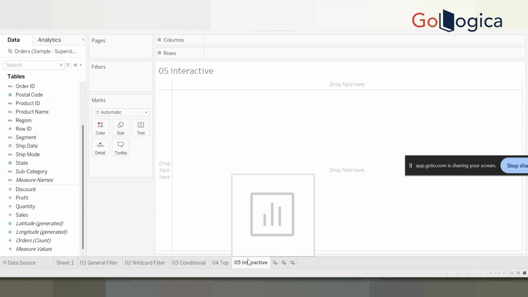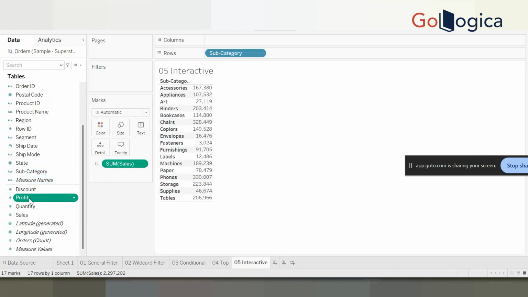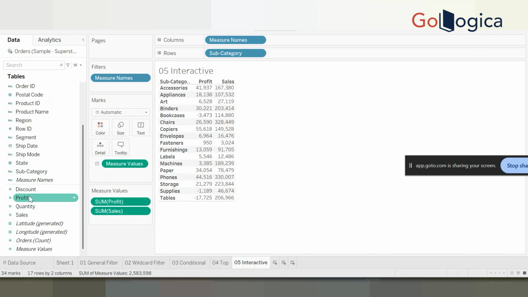Now let me just take the simple one itself. I just take the subcategory, the sales, profit, and so on. But what I want to do is I just want to see filter based on the category. I want to filter based on the category. But I don't want to keep changing the category every time I edit here. So I need to have an interface through which I should be able to select whether I want to go with the furniture, technology, office supplies. So in that case, what you do is